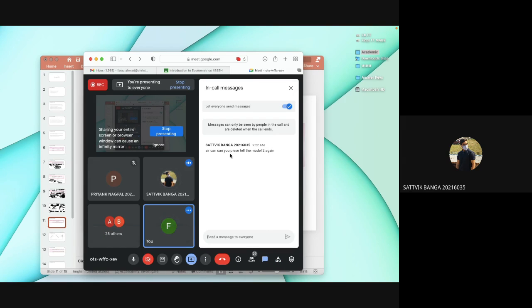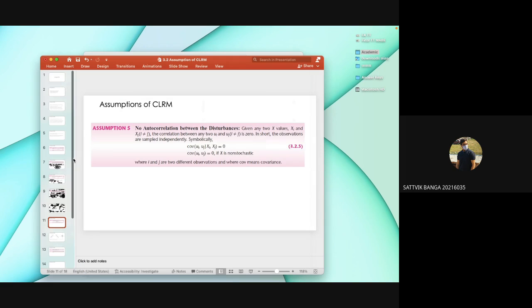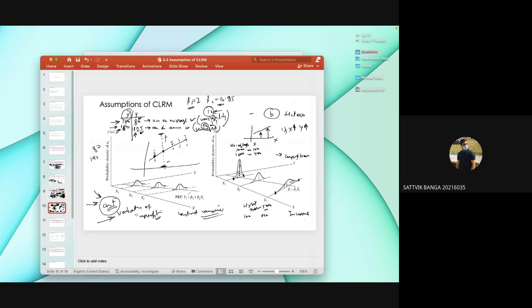For the fourth one, it was somewhat clear, somewhat not. Which part? Sir, I basically got the meaning that if the variance is constant, it is very good for us, and if it is not, it is not good for us. When we have low variance, the variability between the errors is also small. This is what I got. Yes, you got it right.